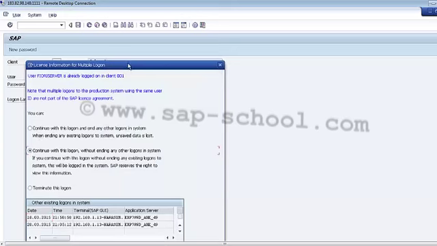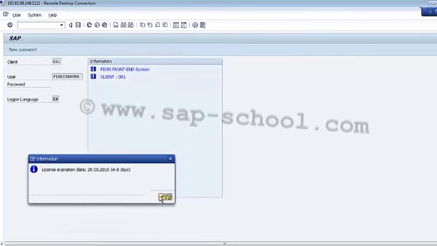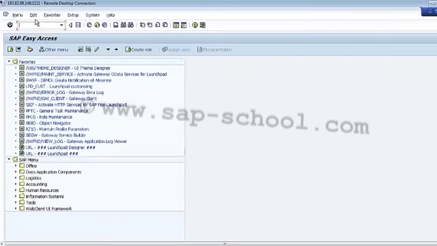So I'll just continue. Now we have to go to the transaction SCGW, which is for the gateway service builder. So either I can write down the transaction directly here, or I can double click on it under my favorites for the shortcut.